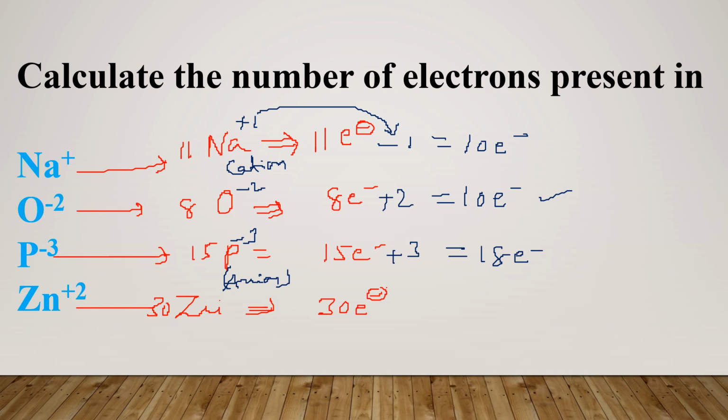Then similarly zinc, that is plus 2. By donating 2 electrons, minus 2 electrons, then we have to say 28 electrons. So like this here, Na plus ion contains 10 electrons, O minus 2 contains 10 electrons, P minus 3 contains 18 electrons, and Zn2 plus contains what? 28 electrons. So like that, if plus is there, then you have to do minus. If minus charge is there, then you have to add the electrons. Simple. Okay. Next,